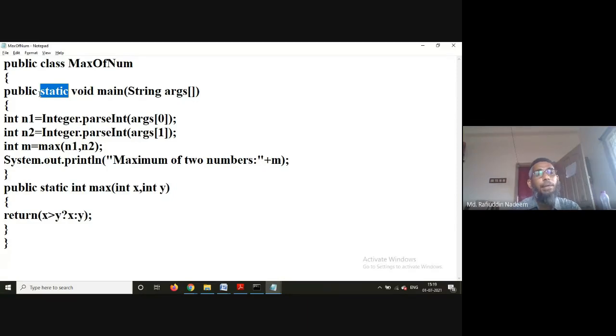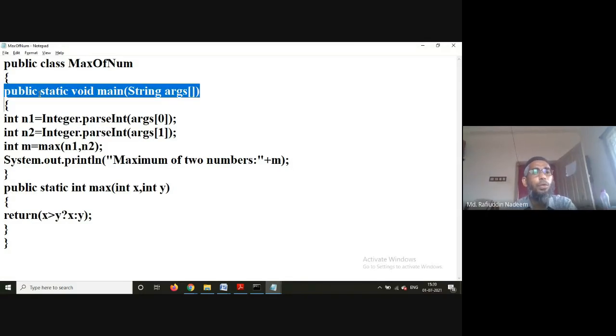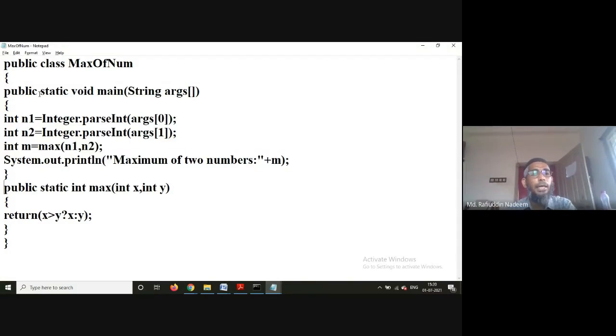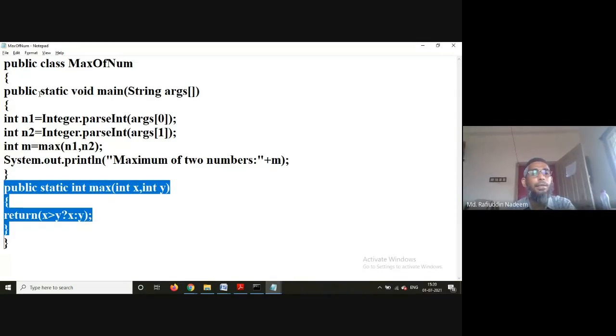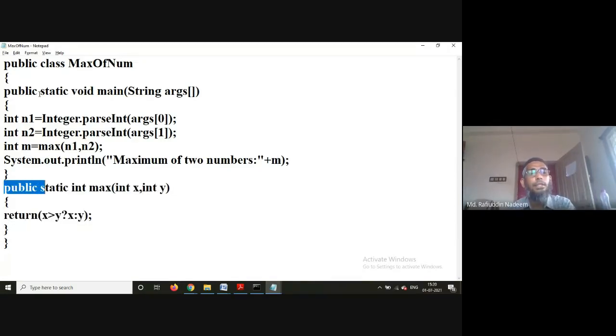So a static method can invoke another static method. A static method can invoke another static method only. To be more specific, a static method can invoke another static method directly without an object. So that's the reason why whatever methods you would like to introduce within a class must be static. They must be public as well as static. This is compulsory because you are invoking another static method from a static method.